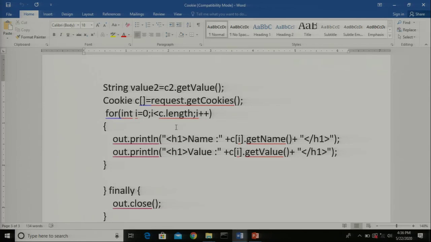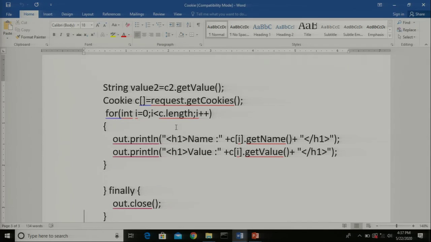Cookie is the array that we have created to access all the values. So request.getCookies will be used to access all the values from that array. The loop starts from 0 until c.length, which means it accesses all the elements from that array.